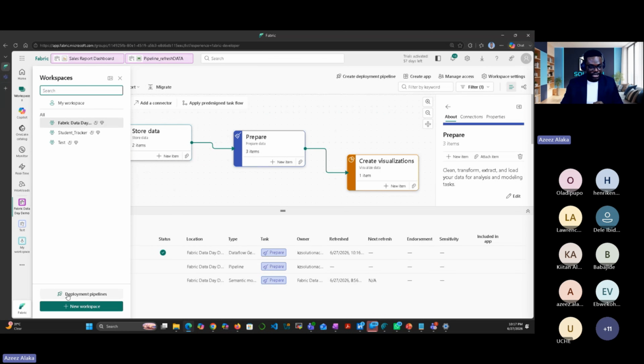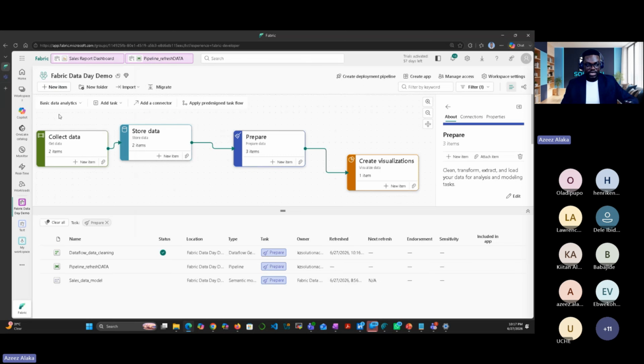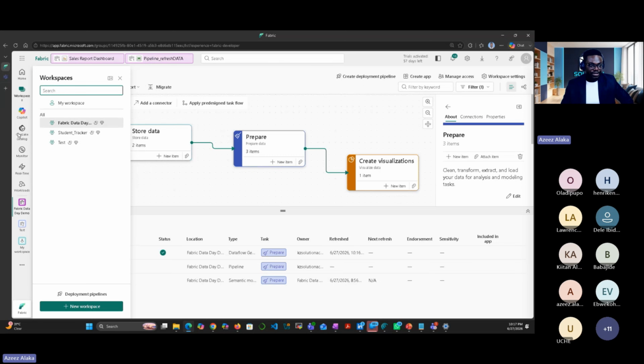Before I create a new workspace, let me just take you around. So this is workspace. This is Copilot. Copilot is a generative AI that can do different things for you. Even now, the way things are upgraded, oh my God, IT is not waiting for anyone. With Copilot Studio and Fabric MCP server, you can build all of these things without even coming here. But that is not what we want to do today. We are starting from the basic level so that everyone will understand what we are talking about, and you'll be able to replicate it.